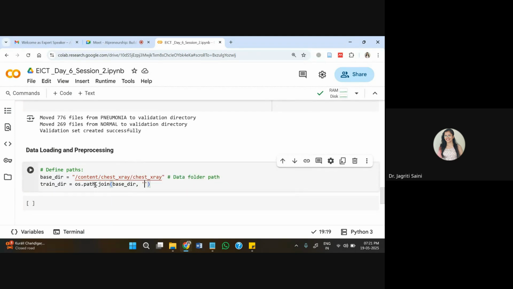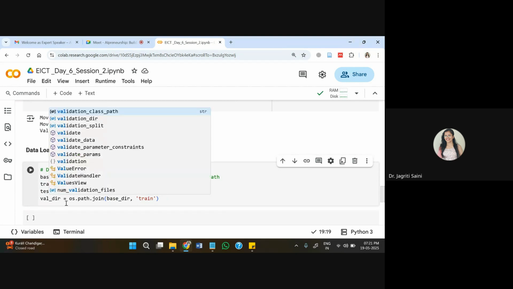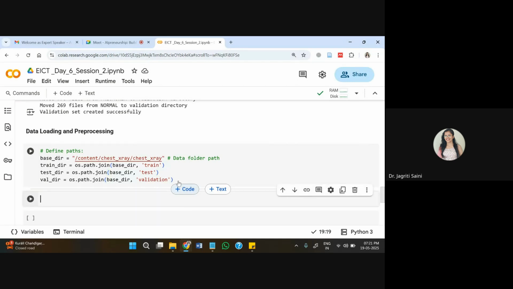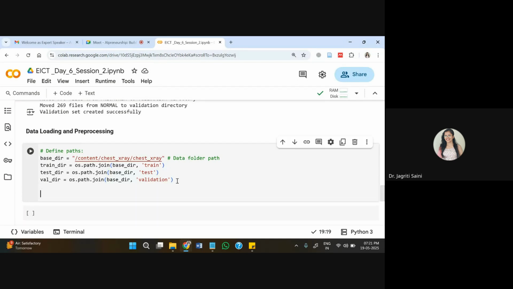In my case, I'll just connect it with the folder name directly with the base directory, because after this, it will automatically find these next folders. Then I'll get my test data, and here the folder name is test. Similarly, I'll do the validation dataset. I'll call it validation data, and here the name is validation, because we have given this name to the repository. So these are the 3 sections I'm creating here.